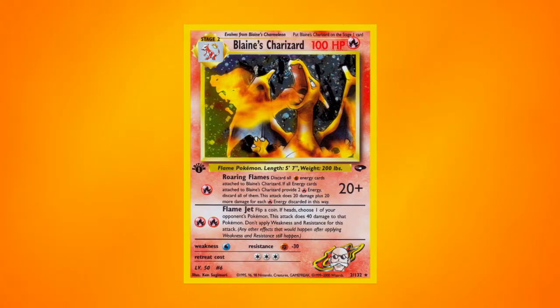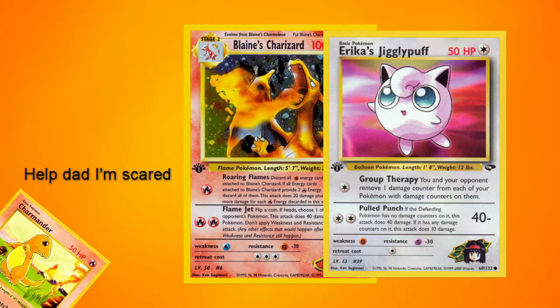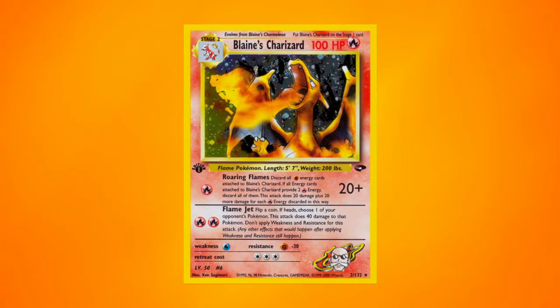Well, doing 40 for 1 energy is pretty good, but Jynx was doing the same for a DCE, so it's not great considering that with Plus Power, it could KO any of your basics in 1 turn. For the second attack, we see another coin flip, awesome, but instead of doing more damage, it maybe gives you